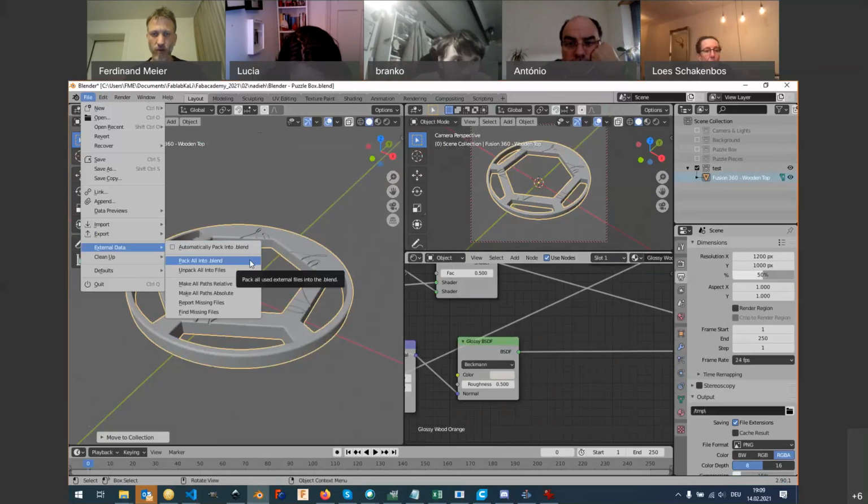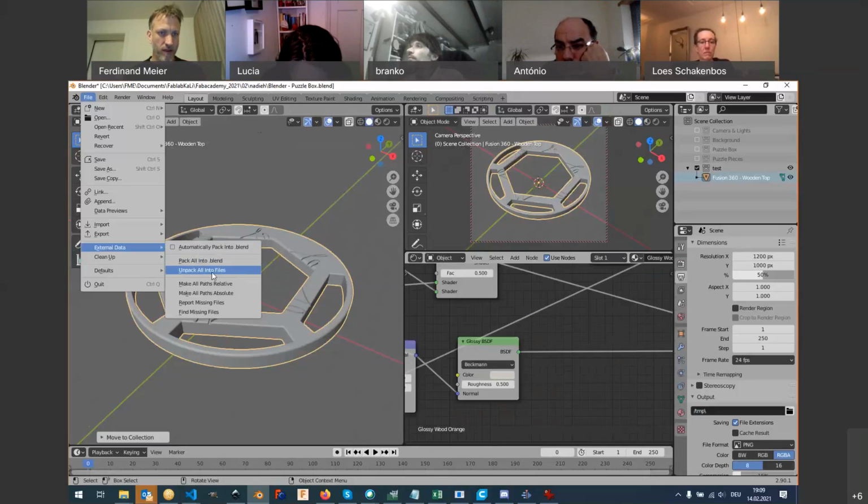And what Blender will do is take all your images and include them in the Blender file. And if you send it to somebody, they can just take it and render, and it will look fine. But then you get very big Blender files. Maybe you have some 4K images in there. If somebody says, okay, the file is nice, but it's too big with all the images, then they can unpack